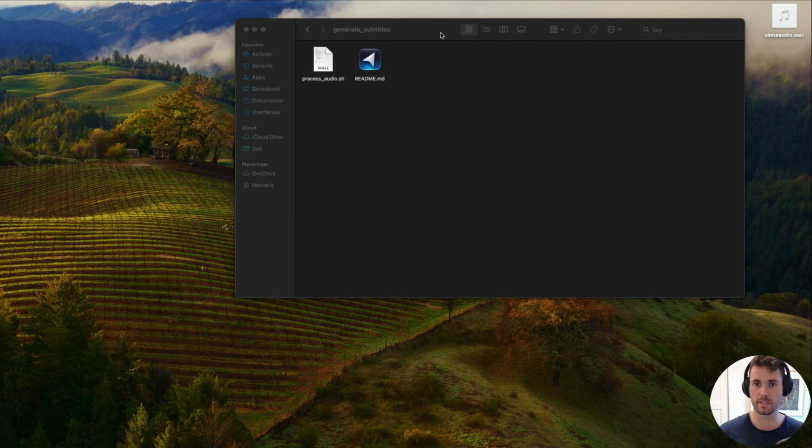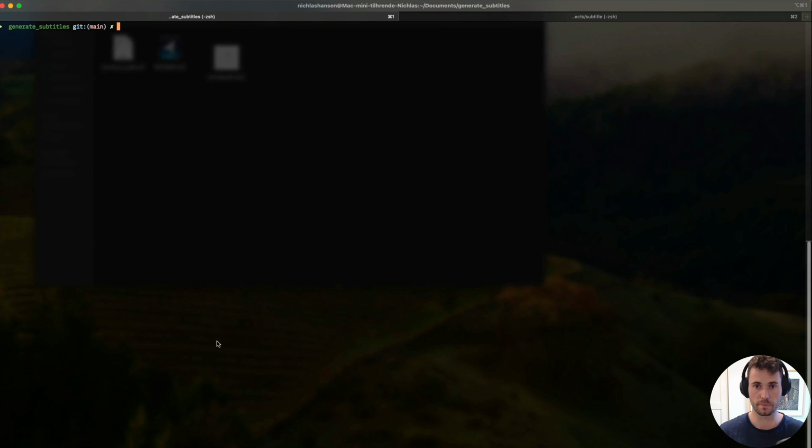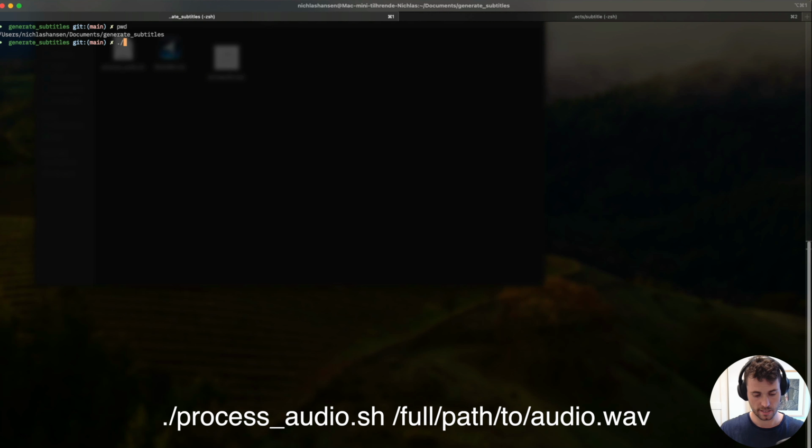What you need to do then is open up the cloned GitHub folder where you have the script, drag and drop the audio file in here. When that's done, we need to open up the terminal again. You'll need to run the pwd command, get the full path, and then you'll need to run the script by running ./ and then the name of the script, process audio, and then the full path to the WAV file